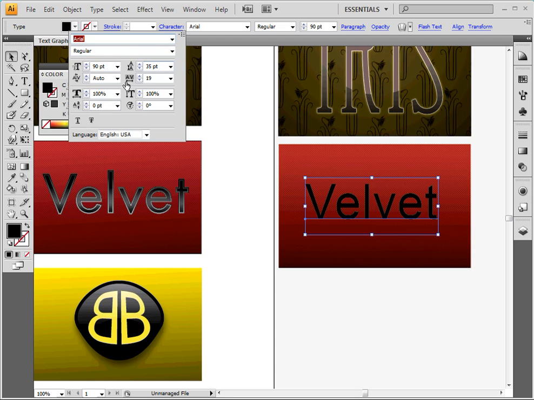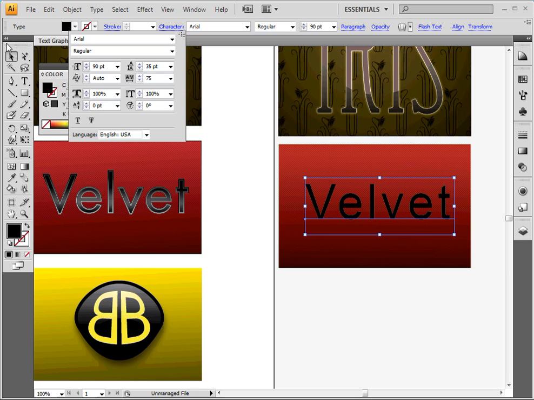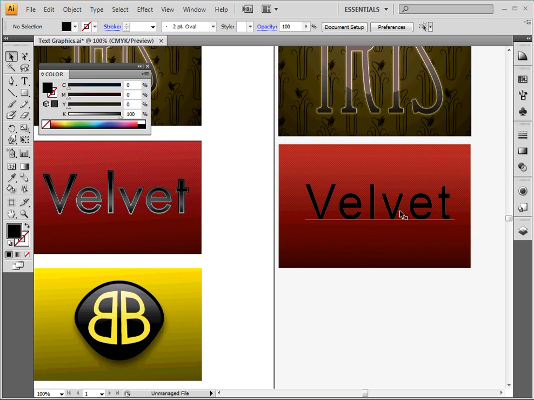Character allows us to specifically change the spacing between letters and the shape of letters before we actually do anything with expand. What we need to do is space apart the letters right here. Set the tracking. So let's click on that and let's try out 50. Alright, it's a little bit. Let's go with a little bit more. Let's try 75. Alright, looks good. That gives us enough room to play around and